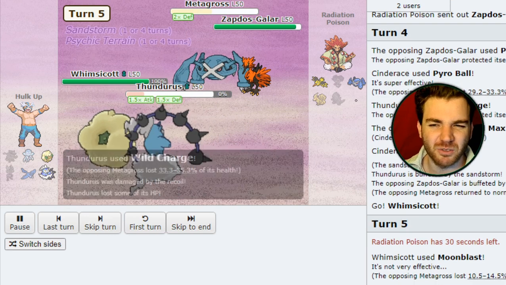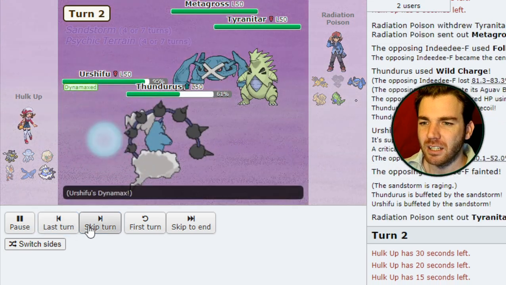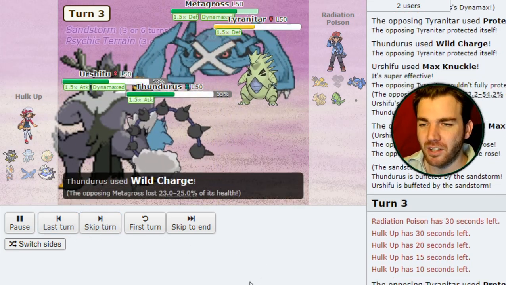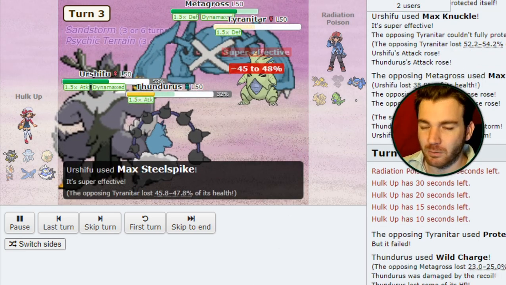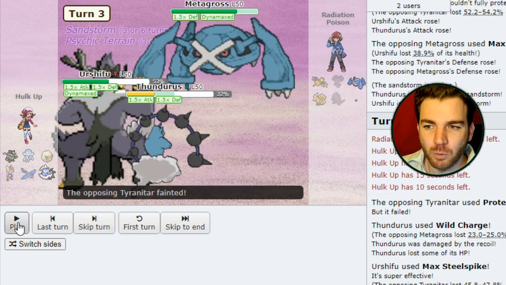Yeah, we're just knocking ourselves out, and the Sand would have taken us as well there. That's unfortunate because on the turn where I went for the Steel Spike, the idea was that Tyranitar didn't do anything there. Well, it tried to double protect. But going for the Steel Spike there meant that now we would take